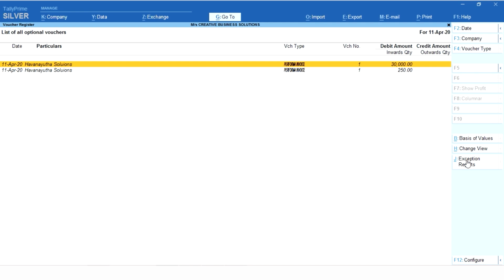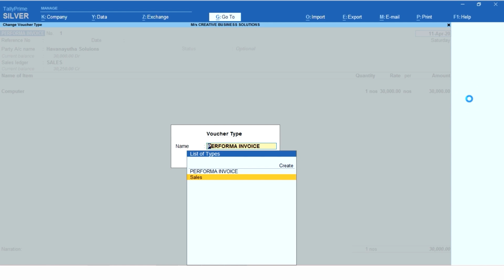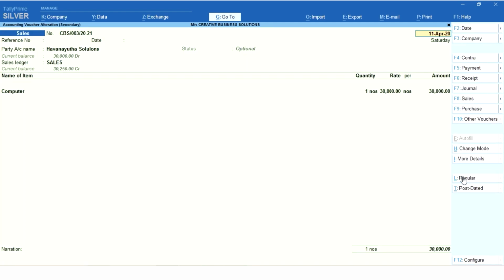So if you want to go with the sales transaction, you can enter on it, go with a sales option again and select a sales voucher and then make it as regular. So in this case what happens, it will not affect your sales invoice numbers. You will just convert a proforma invoice into a sales voucher type, a different voucher type itself, so that your voucher number will be continuous. It won't disturb your voucher number sequence. So this is how you can use optional vouchers,